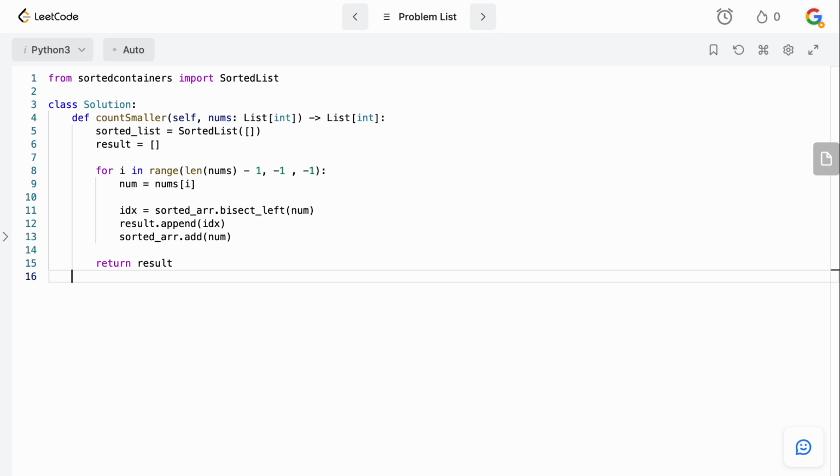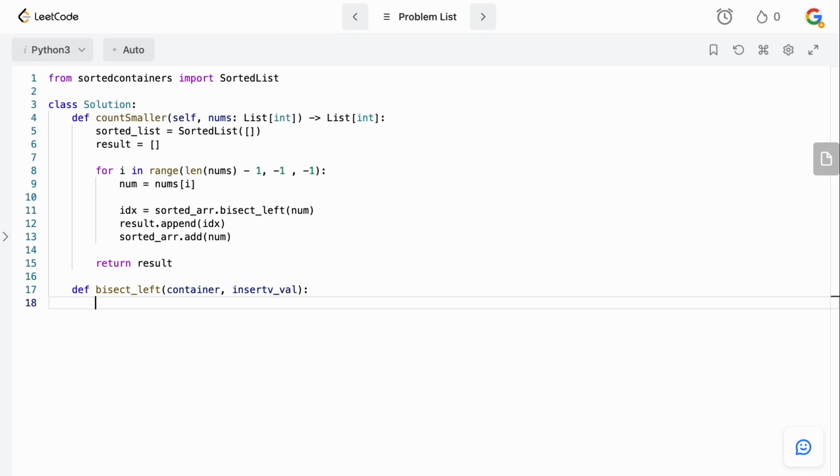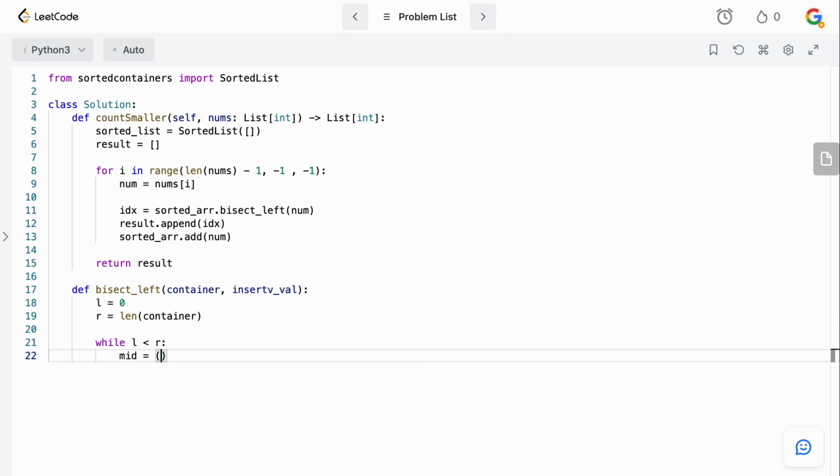So I promised you I would show you how to do a bisect left. Let's define our function. We're not actually going to use it, but we're going to say def bisect left, and this takes a container and the insert value. So we want to set it up as a standard binary search: left equals 0, right equals the length of the container. We use len(container) instead of len(container) - 1 because we are moving the indexes down, and typically when you do that, you set it to len(container). So while left is less than right, we say that mid equals